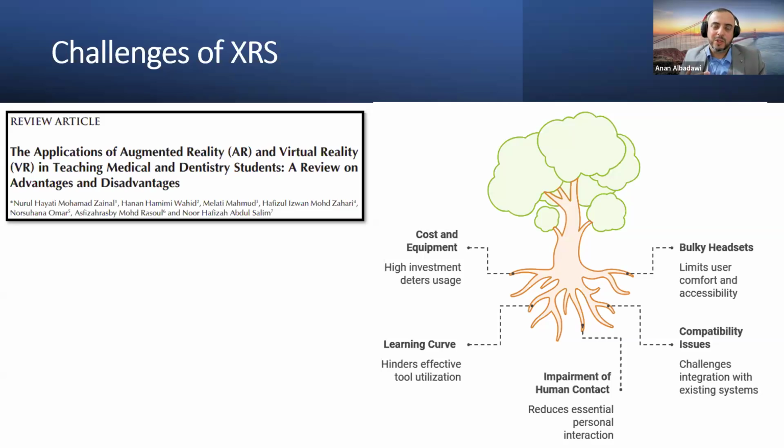It's cost effective. So there is still a dilemma about that point, which requires further investigation. Another challenge is the learner curve. Since we are not dealing with actual instruments, this may hinder the effective tool utilization. Another one, it may cause an impairment of human contact. Remember that most of the activities are done individually or personalized activities. So, which undermines, or let us say, limits the exposure to other learners, which is one of the